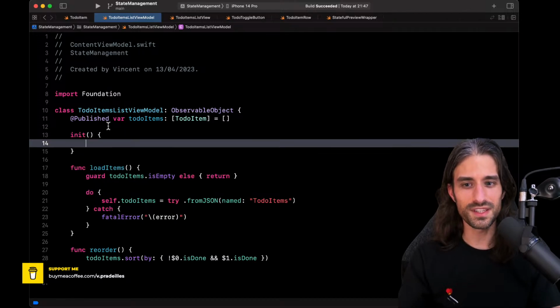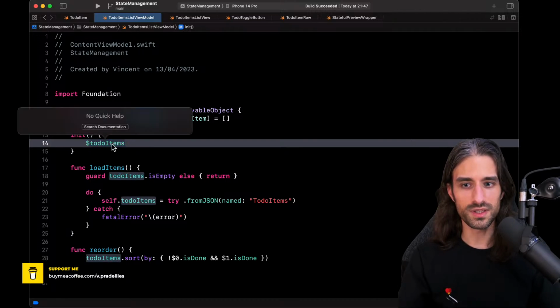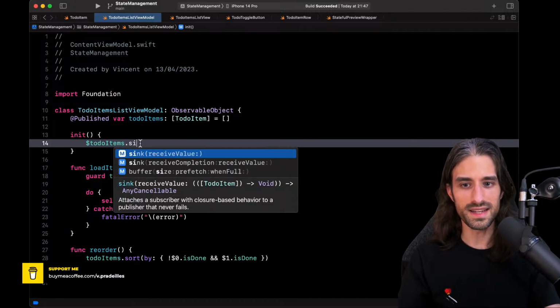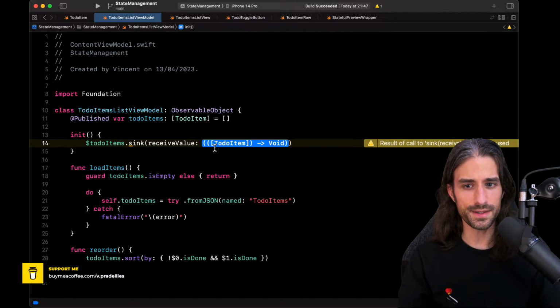For instance, we could be thinking, okay, on my to-do items, I can actually get a publisher to it. So it looks like that. And we could say, okay, whenever there has been a change to my to-do items, I want to reorder it.